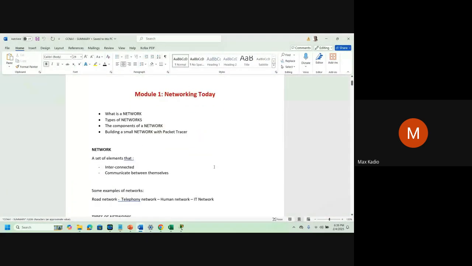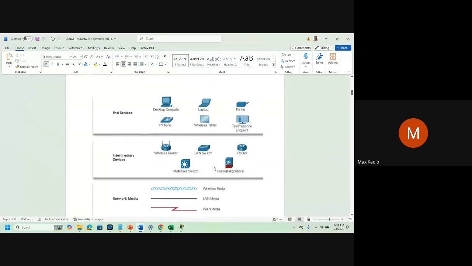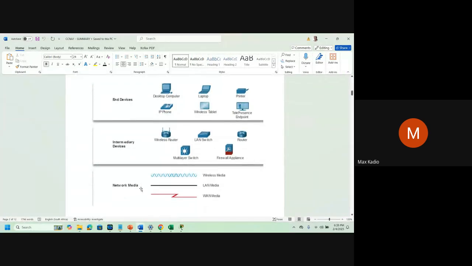Okay, so this one I'm going to show something for CCNA. We have end devices: desktops, iPhones, laptops. We have intermediary devices: wireless routers, switches, and the network media, or the cables. For network media, we can get wireless media, LAN media, or the cable.